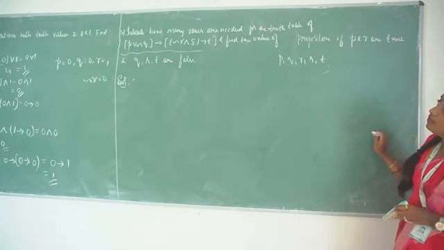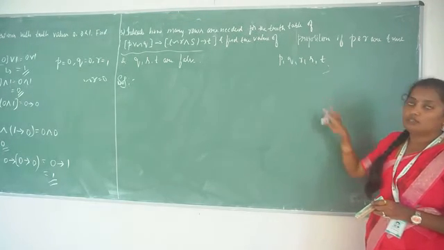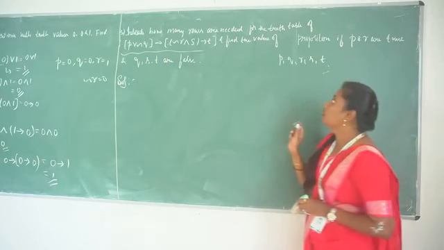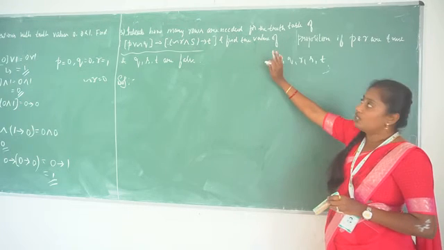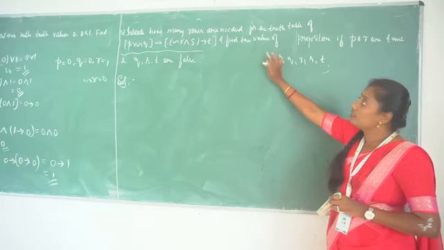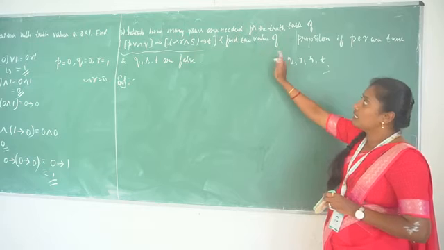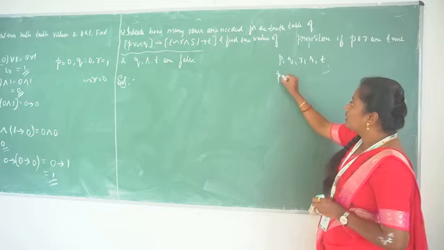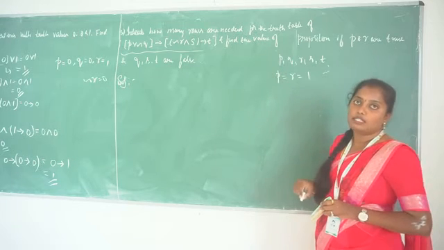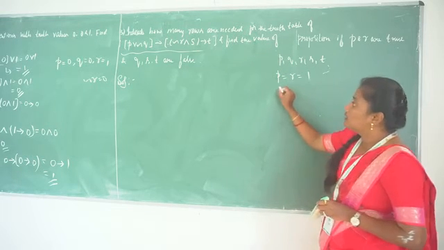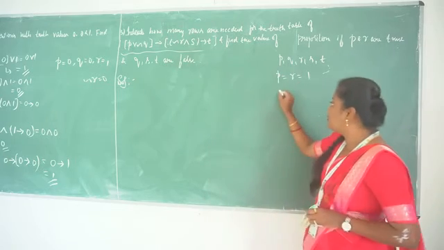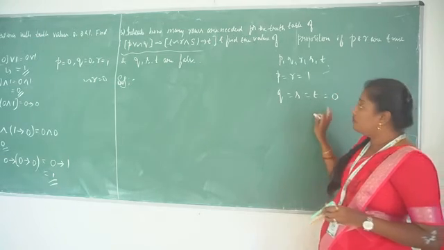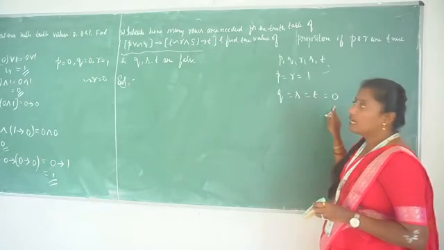We have to first find out how many rows are there in the truth table if we construct a truth table for this compound proposition. The first part only asks how many rows, it is not required to construct the truth table. Second, find the value of the same proposition if P and R are true values, that means with truth value 1, and Q, S and T are false values. So these are the given values.